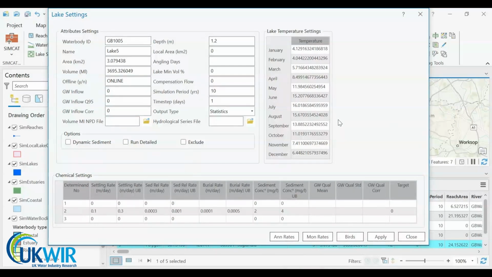For example, we can see here in this box, it specifies, as we mentioned earlier, that it's an online lake. Here is the water body ID that we referenced before, the lake name, area, and volume. All of this information should already be within the SAGIS-SIMCAT model, but may need to be checked and refined, as